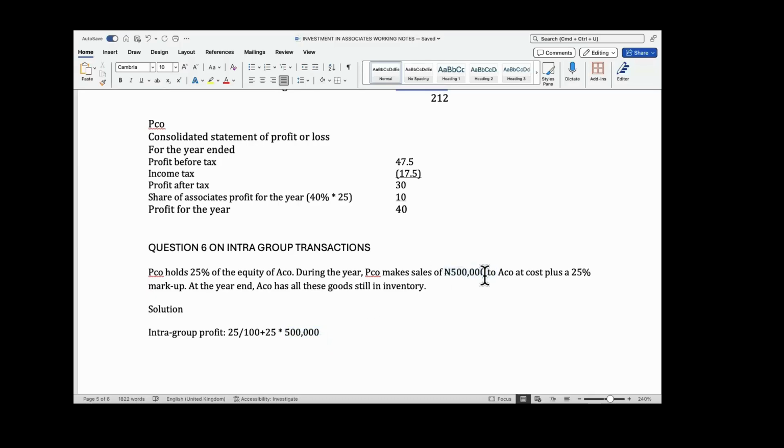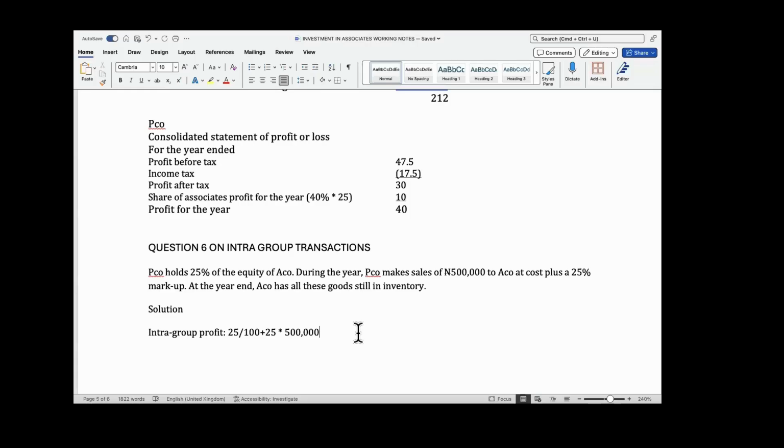It's really where the examiner gives you the costs. That, okay, the cost of us buying this thing is this. But when we sell, we sell at a markup of this. To now get the profit is just 25 over 100 times that cost. But since the examiner gave us that it sells at this, and this is already marked up by 25%, this is selling price. So for you to get the profit, you need to bring up the base also to 125. Some people call that converting markup to margin. I believe a lot of people are just cramming. They don't understand what that means really in the literal sense of it.